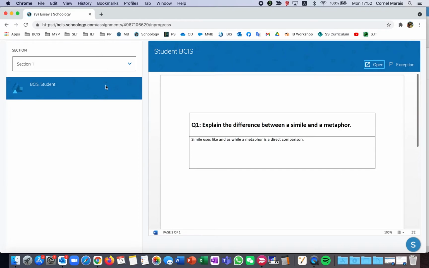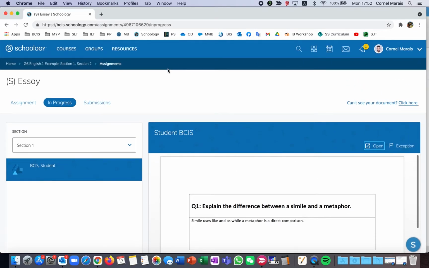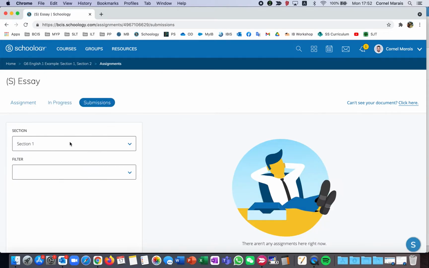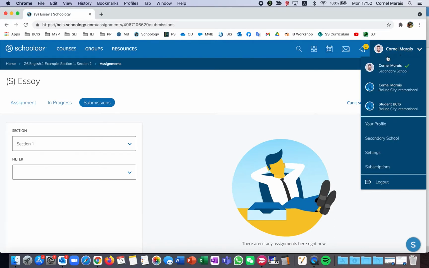All right, now, so that's how I can quickly view and go in and out. So students will work in the cloud instead of working on files on their computers that always get lost or deleted somehow when you need to submit things. So this will prevent that. Now, submissions, no one has actually submitted anything yet. All right, so let's go back to that student and let's have him submit